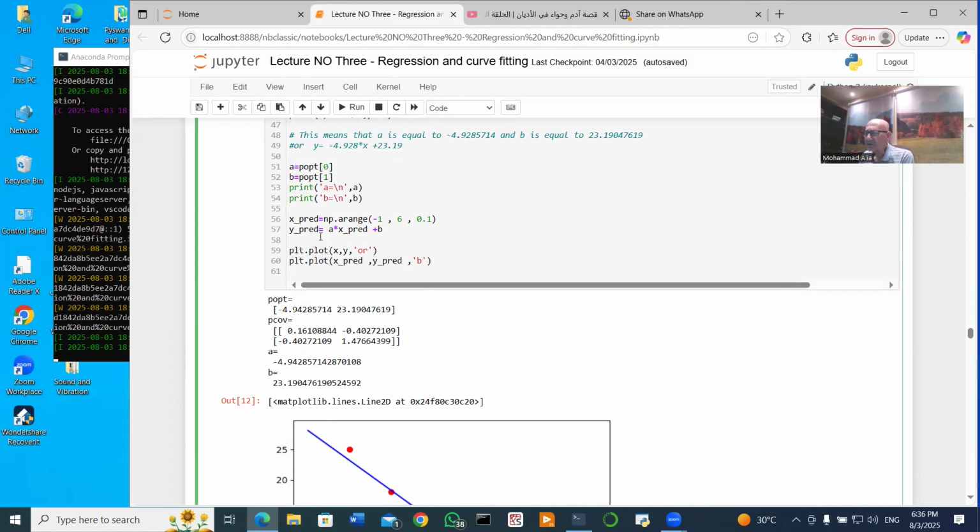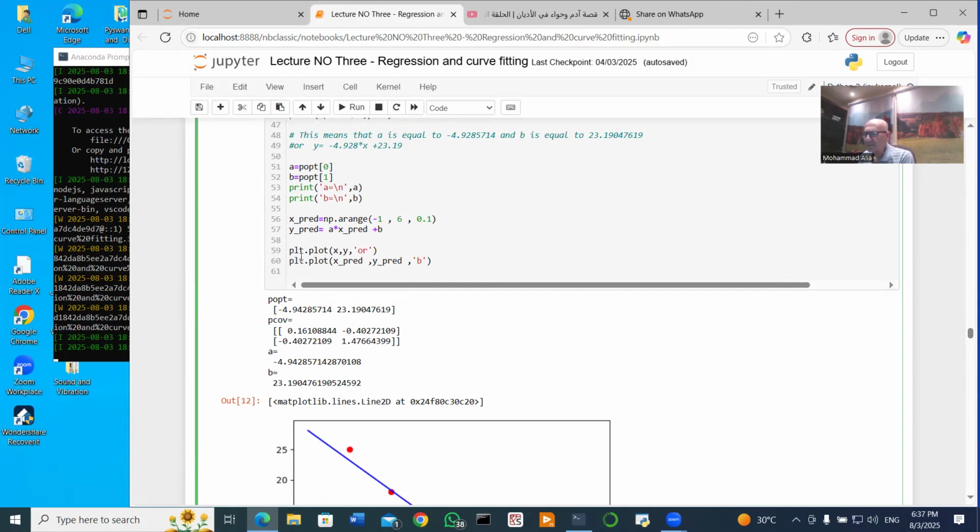The equation of the regression line, y predict, is equal to a multiplied by x. a is the slope here. And because we get the slope negative, -4.9, we write, okay, now it's in a general form, it's given plus b, no problem. The plus becomes minus, no problem. And now,